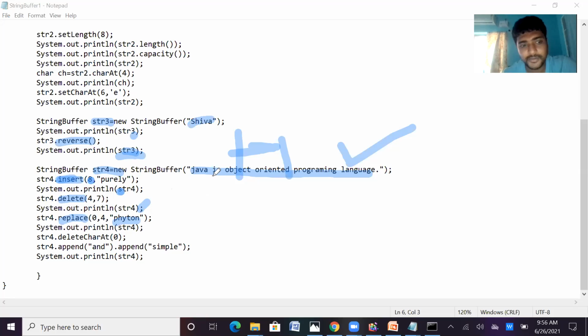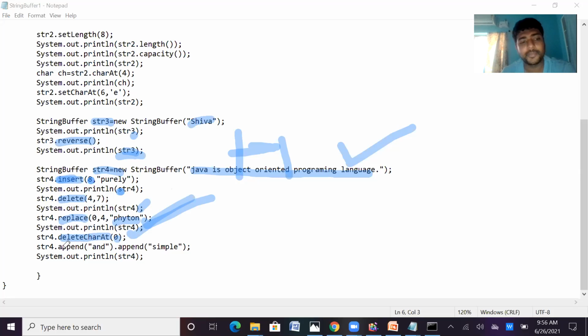So replace it with Python. That is also possible. Next, deleteCharAt. Delete the character at the 0th position. That is also possible here.